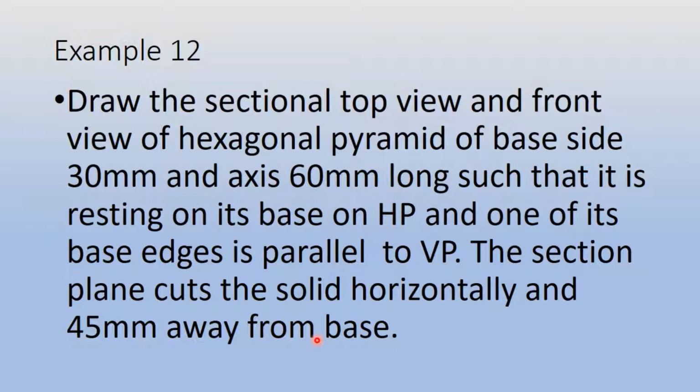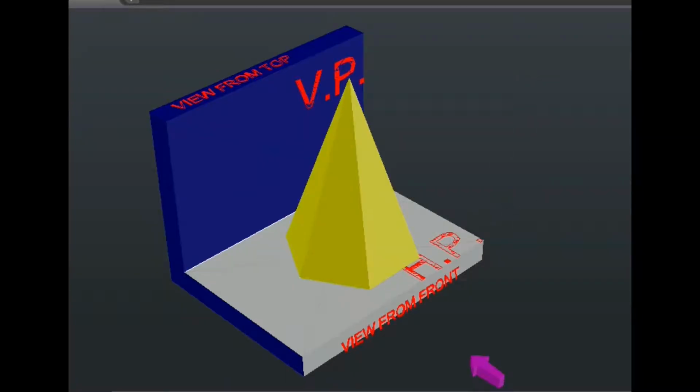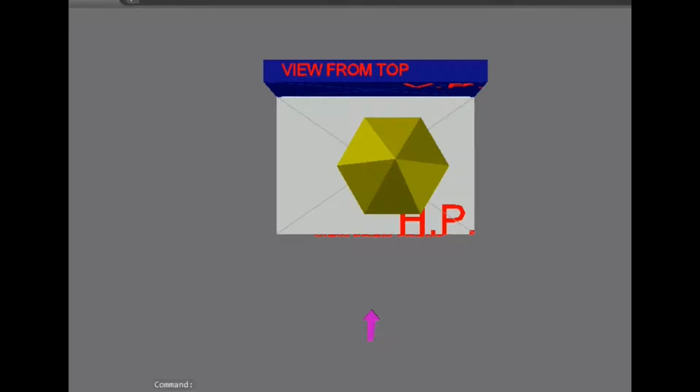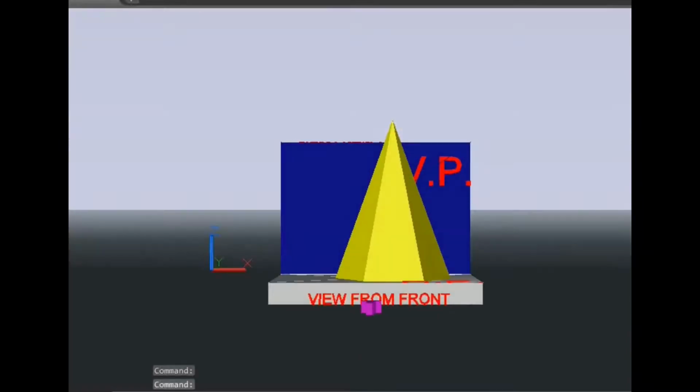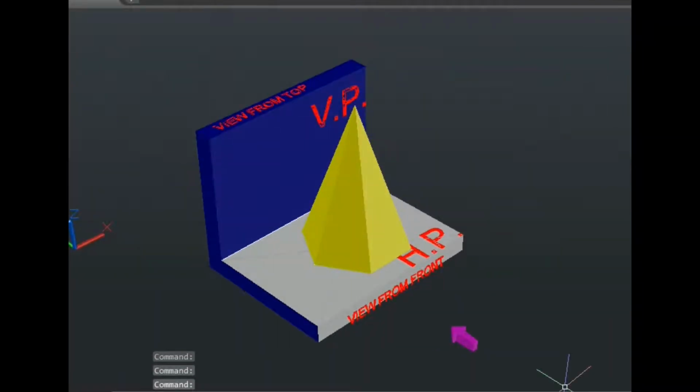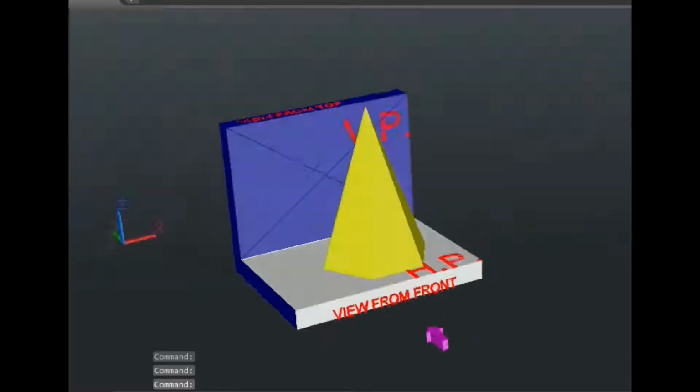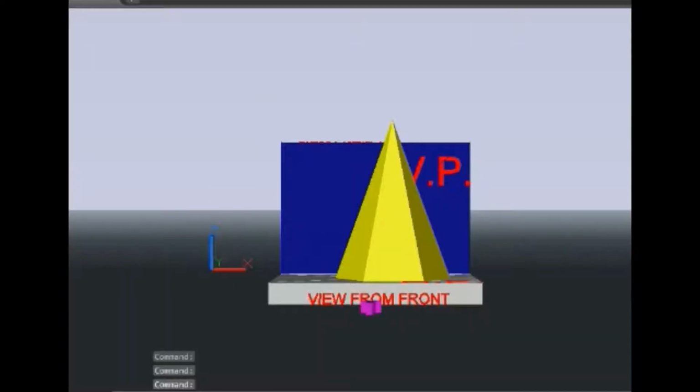So we will see now first how to imagine this. On your screen right now, the hexagonal pyramid is directly resting on HP. As you can see, I have made one edge parallel to VP also. This is the hexagonal pyramid which is directly resting on HP, and in front view it will have triangles, and in top view it will have a hexagon.